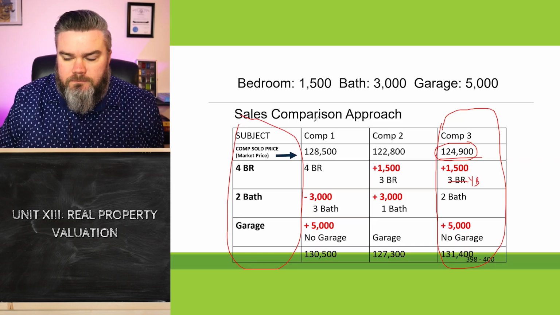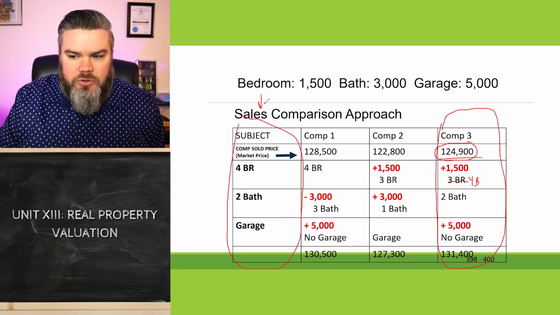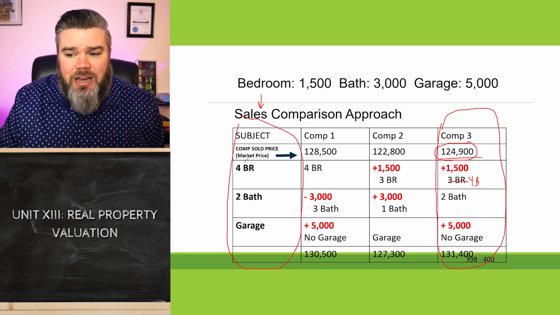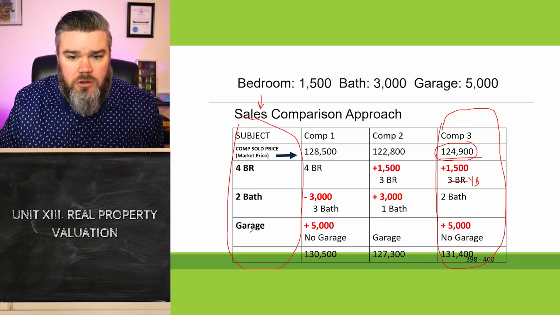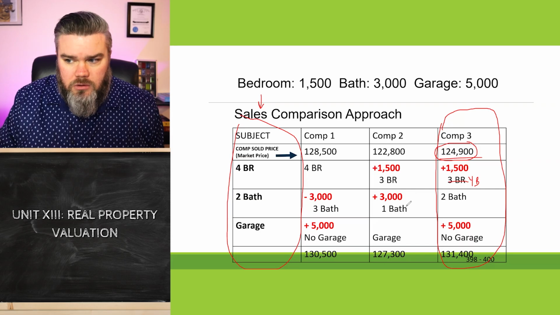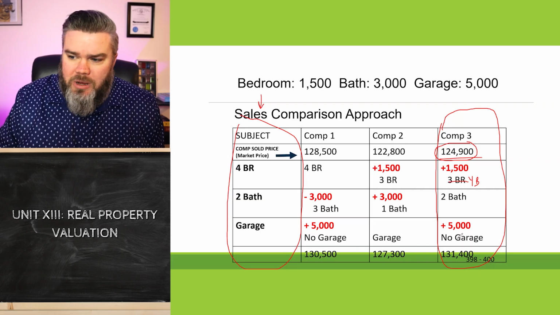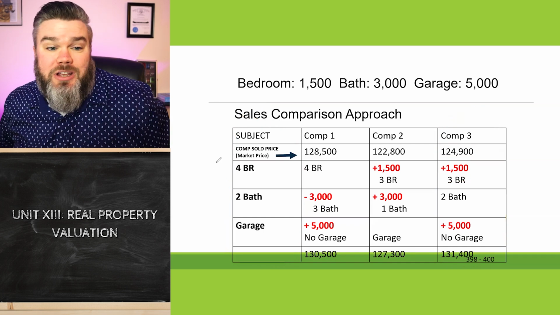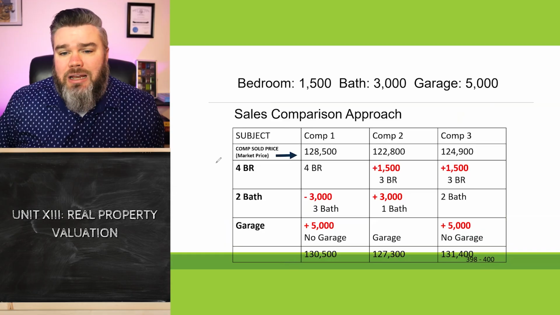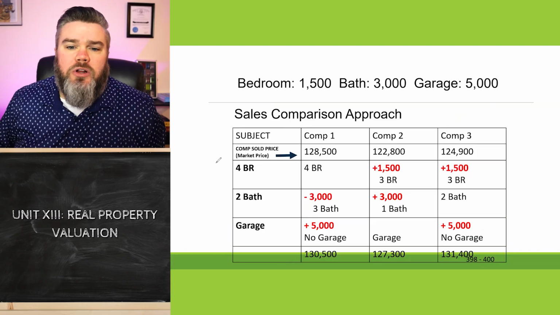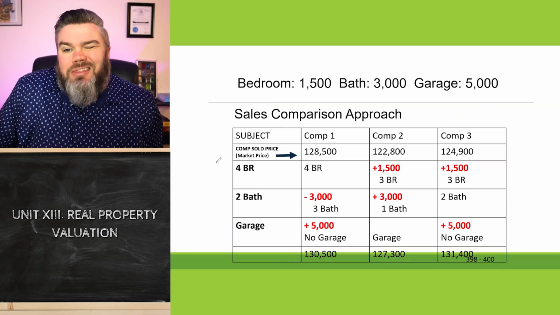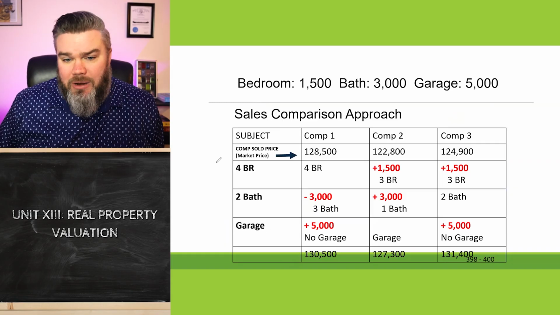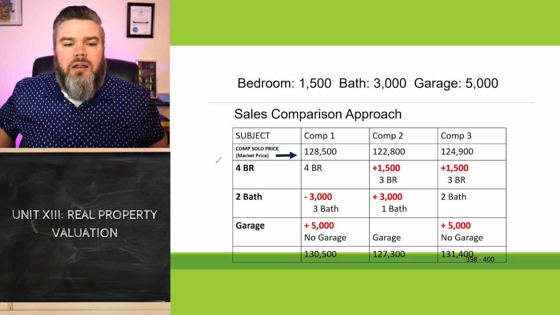But why are you pretending to compare it? Because we're trying to come up with a probable sales price or a probable value of this one. So we're using this data to make an educated guess on what this one could sell for. Okay, gotcha. So that's why we make these adjustments, right? We're using educated data and educated guesses to say, okay, we know what it sold for as it was, but what do we think it would have sold for if it had been identical to our subject property? And that's the adjustment side of this.